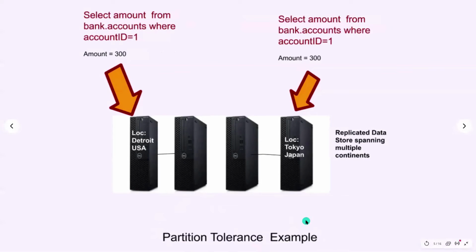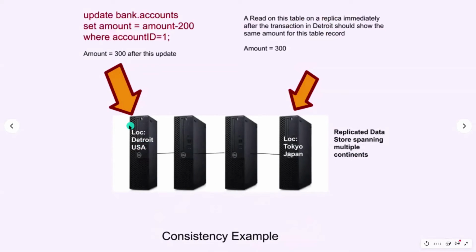Now when it comes to partition tolerance, let's say that a partition happened here. This network failed. In the previous slide, we had an update and that update was getting replicated. That's the whole point of showing this connection, right? As soon as this update happens, that update is propagated to all of these at the same instant of time. That is the whole guarantee that we have. Now, in the next one, what is happening is that